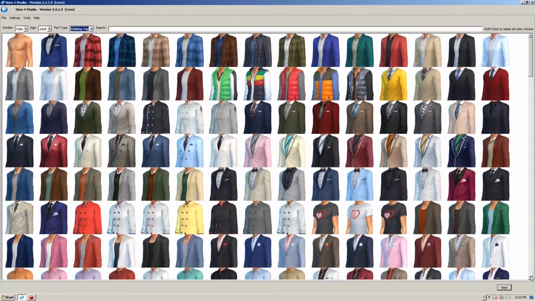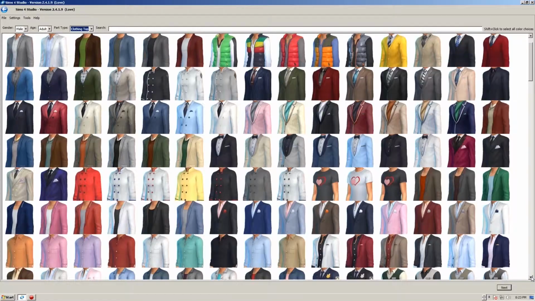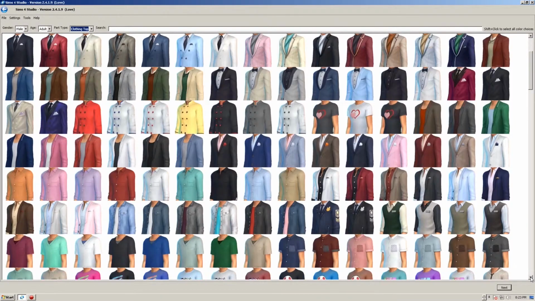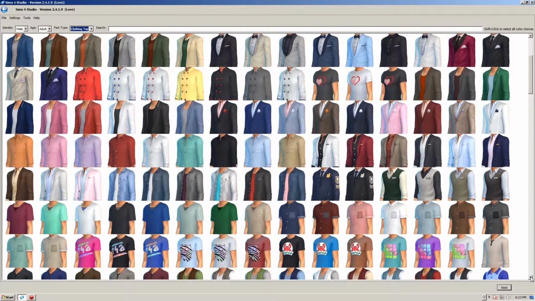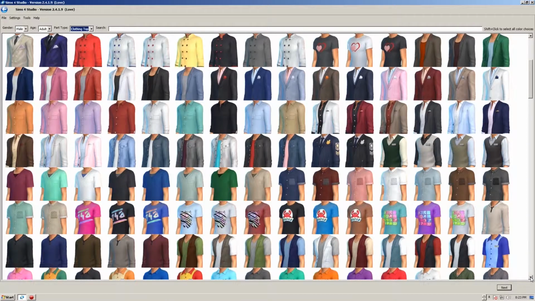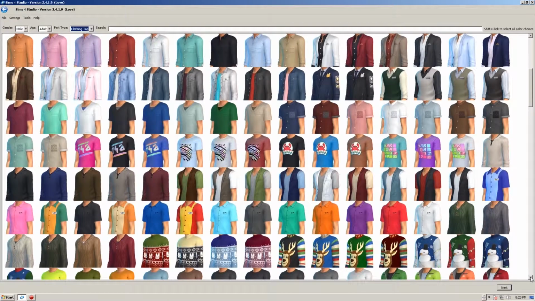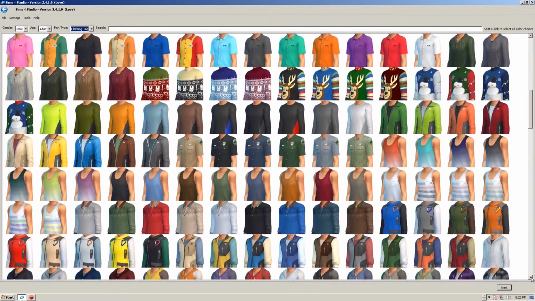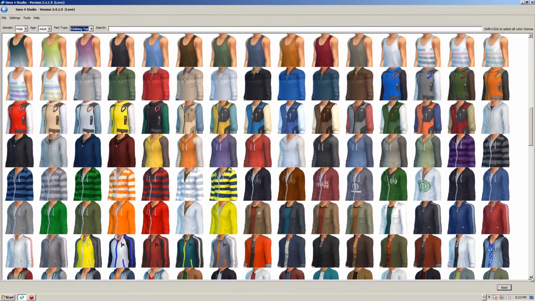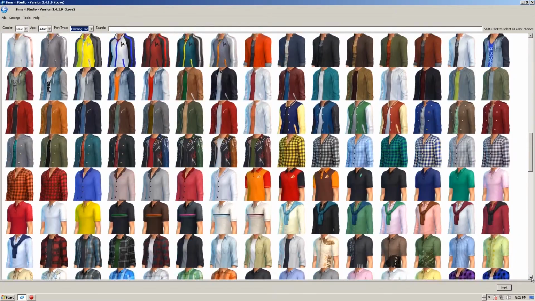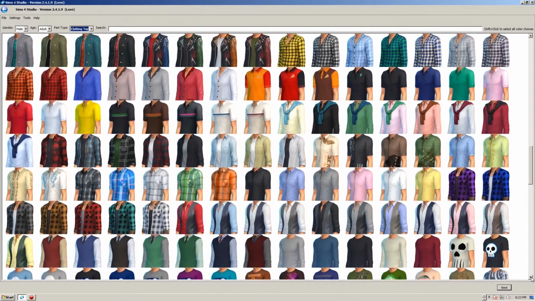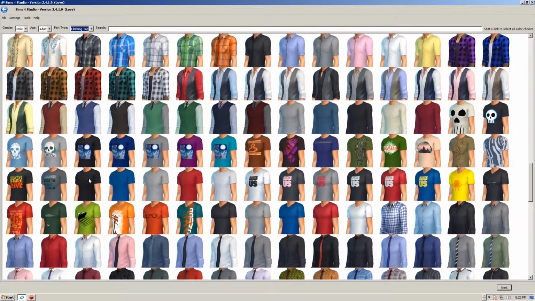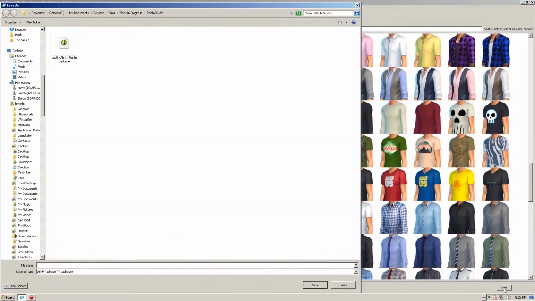So I'm going to scroll down now until I find the correct t-shirt. No. There we go, that's the one I want. I want this black one here. So just click next,